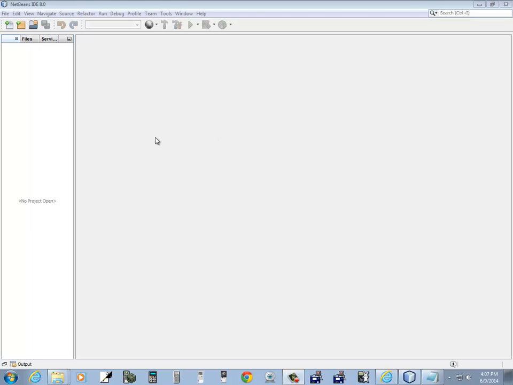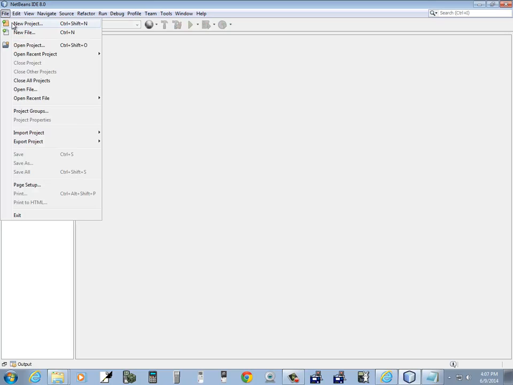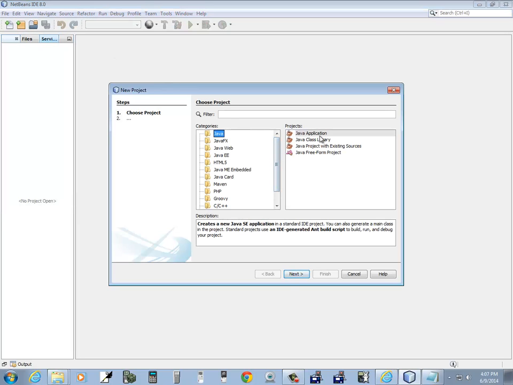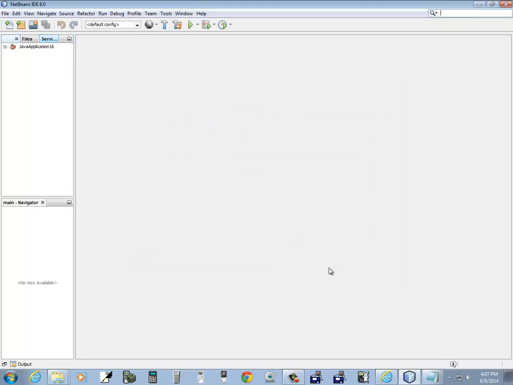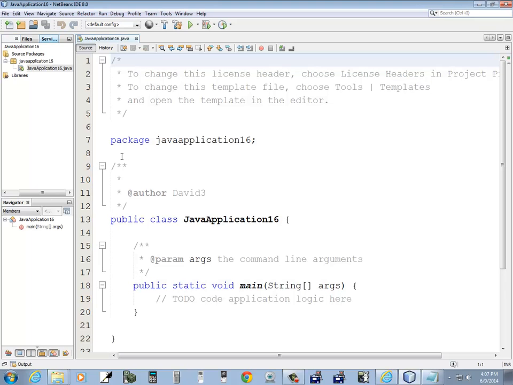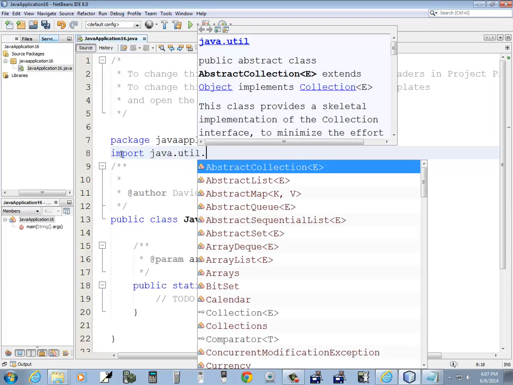Let's take a look at an example of a collection using ArrayList. New file, new project, Java application. And up here I'm going to do an import. Import java.util. Now when I do a dot, this is all the things that come up,